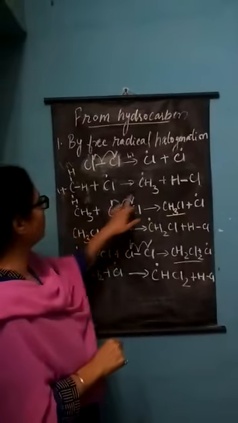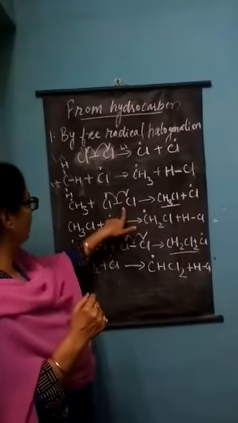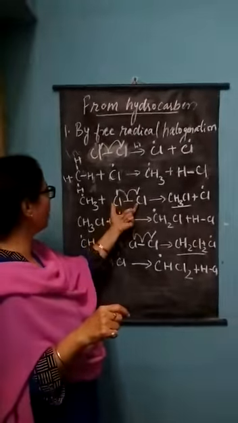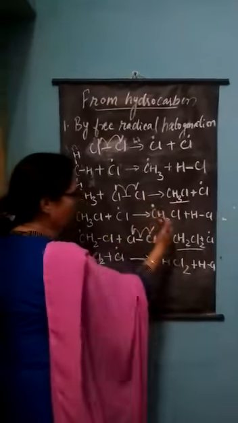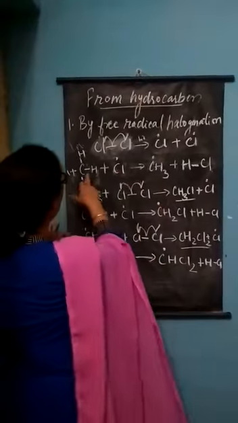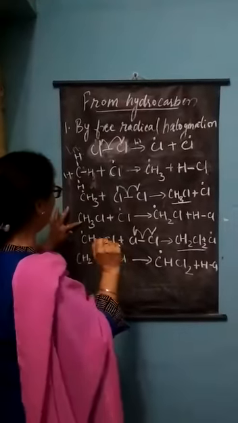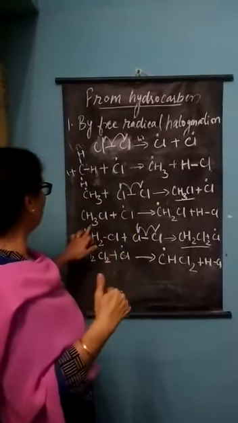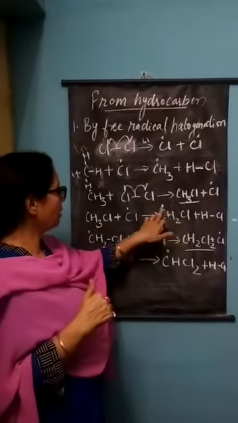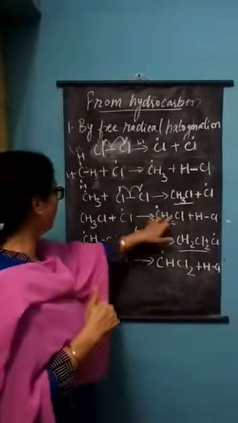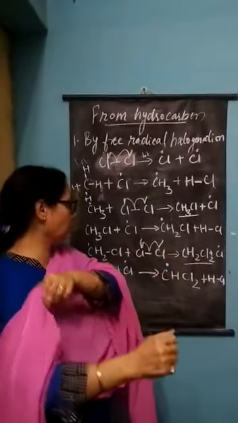In the second step, this methyl free radical again reacts with a second molecule of chlorine and again it breaks and forms the first product, that is alkyl halide. Now this reaction can continue until all the 4 hydrogen atoms of the alkane are replaced by chlorine. In the next step, alkyl halide reacts with another chlorine radical forming CH2Cl as a radical and HCl is formed. This radical again combines with another molecule of chlorine and forms CH2Cl2.